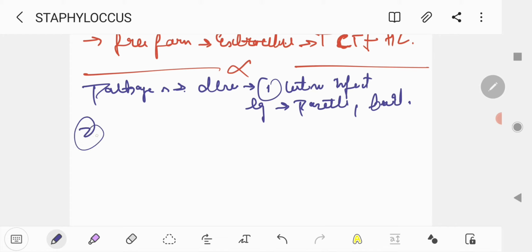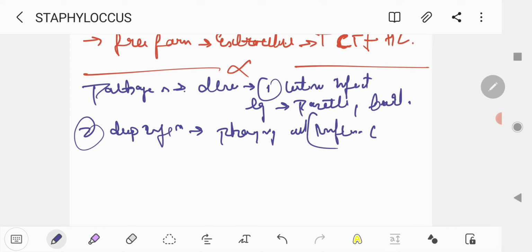The second one is the deep infection, like pharyngitis and inflammatory conditions. Third is food poisoning, because you all know I told you earlier that it produces enterotoxin which causes